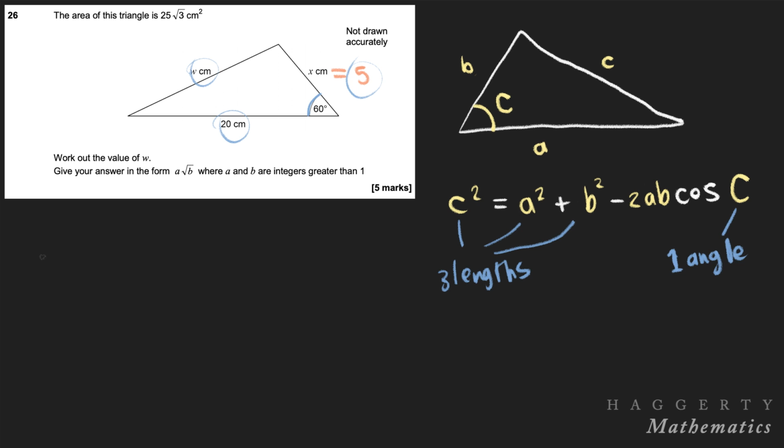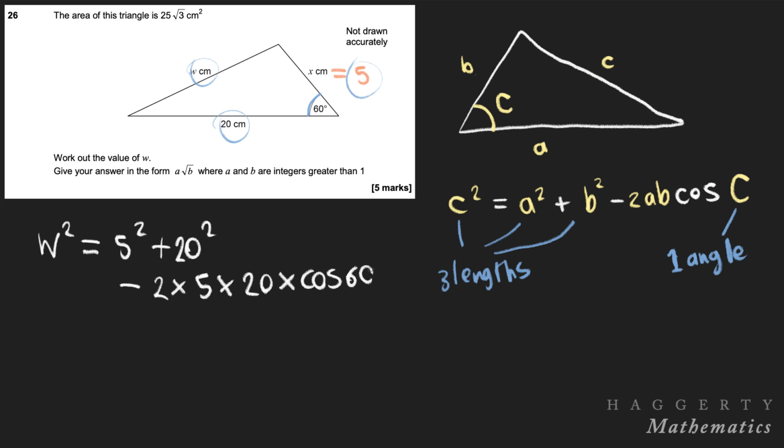So for this triangle, what's it going to be? It's going to be W squared equals 5 squared plus 20 squared minus 2 times 5 times 20 times cosine of 60 between them. And let's go ahead and evaluate that, right? So 5 squared is 25, 20 squared is 400, 2 times 5 is 10, times 20 is 200, and then cosine of 60, again, we want to look at